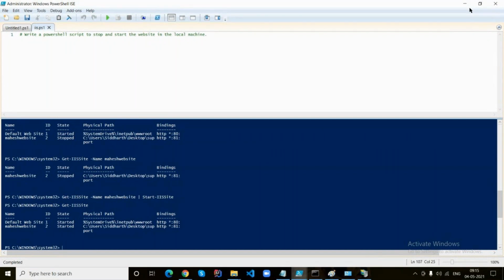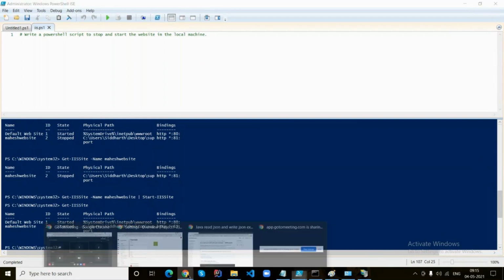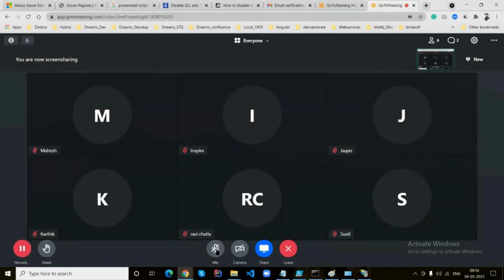And hope you are good with how to start a website, how to stop a website, how to get the information of available websites in the machine, and how to get the information of a particular website in the machine, right? Yes, Money.